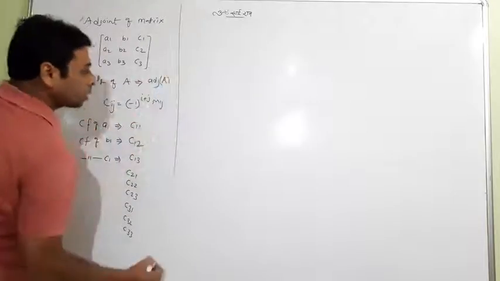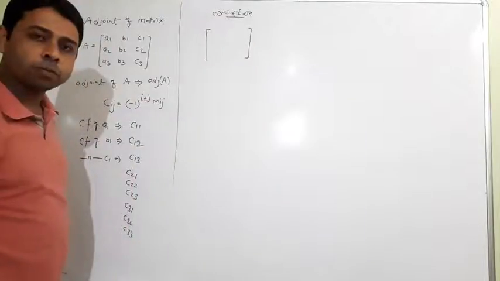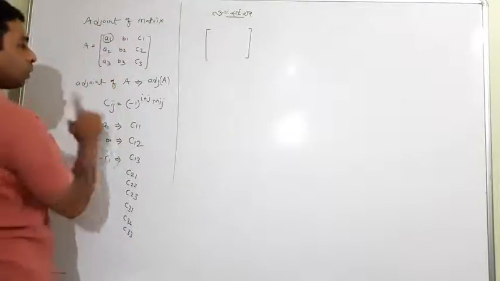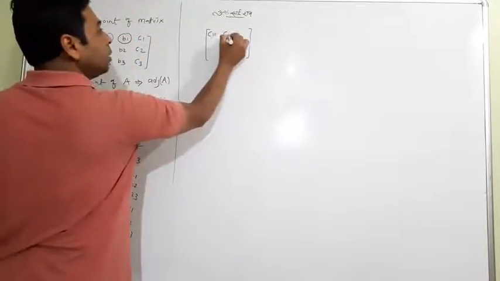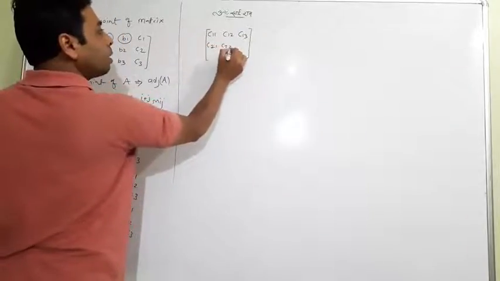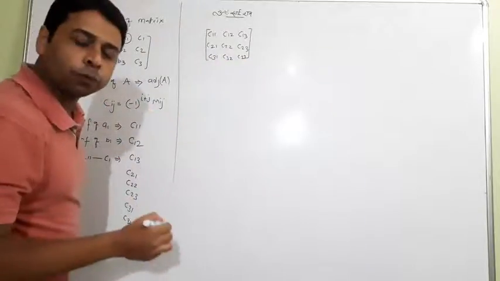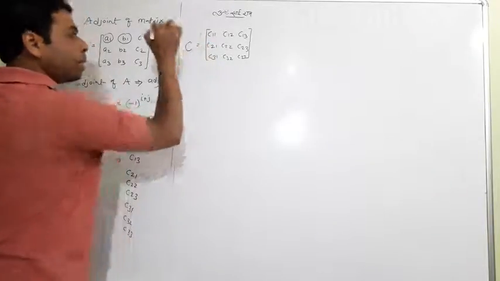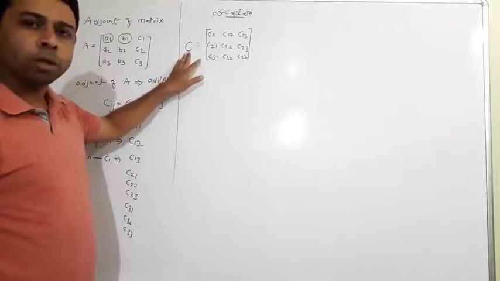And then, students, you form another matrix which is formed by the cofactors of all the elements. Meaning the cofactor of A1, which is C11, will be written here. The cofactor of B1, which is C12, will be written here. The cofactor of C1, which is C13, will be written here. Nothing more to tell you because it's very similar work. You can create another matrix formed by the cofactors of all the elements, and this is named capital C. You can also denote it by any other symbol, but the symbol capital C is usually used.